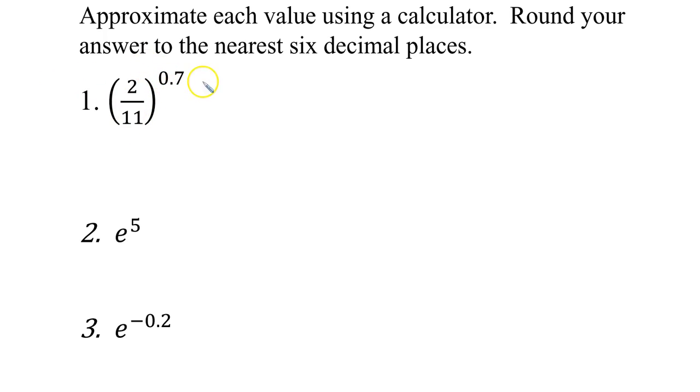Most of you have a little caret button on your calculator, so you'll open parentheses, 2 divided by 11, and close parentheses. You can use the caret button. You might have a y to the x button, and then you'll put in that exponent of 0.7, and when you push the equal sign, you will get the value